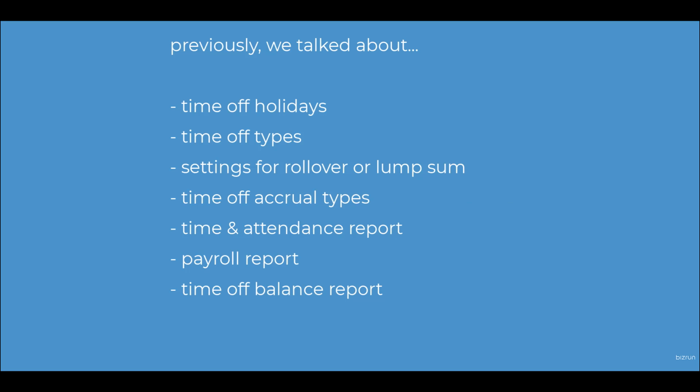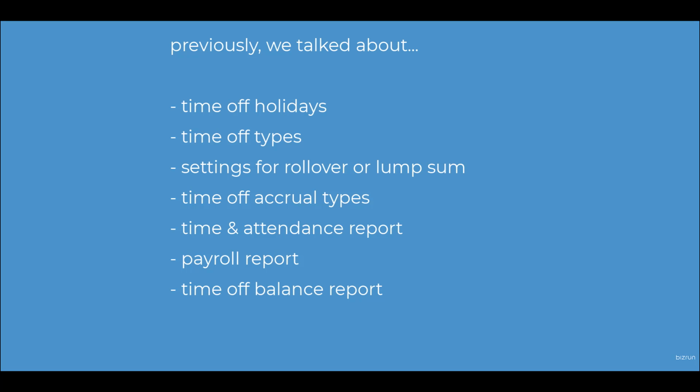Up to this point in the instructional video series, we've shown you how to set up time off holidays, enable time off types, and set up any scheduled rollover or lump sum allotment of hours. We introduced you to time off accruals, what they are, the different types, and how they're used and applied to the time off types. We also demonstrated and talked about some helpful information provided by BizRun when running different reports, like the time and attendance report, the payroll report, and the time off balance report. These reports provide information that can help you and your people make important decisions and manage leave and time off